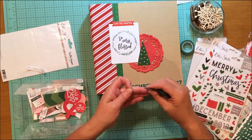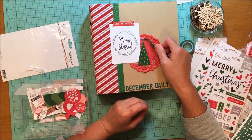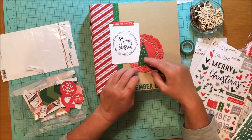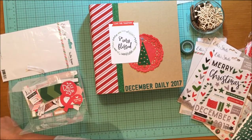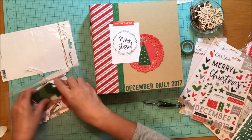Yay. I got that off because it was sticking a little bit. Actually, you know what? I think I like the gray better. Even though I said I didn't like the gray on here, there's gray ornaments there. So that's why I decided to do that. I know, minuscule, small changes, but